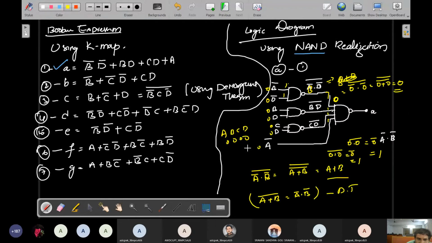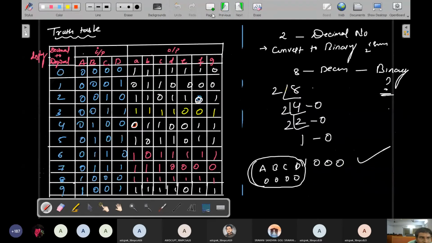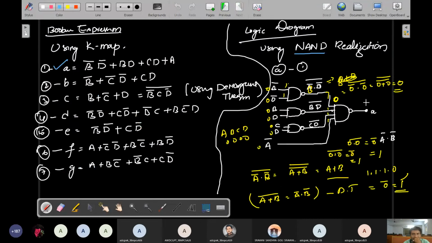So A bar is equal to 0, so nothing but this is equal to 1. So according to the AND gate, 1 dot 1 dot 1 dot 0, so total is 0 bar, and finally your answer is 1. See in the truth table, your answer is the first one. See, so this is the answer, first one. So A output. Okay, understand how I do all these things using De Morgan's theorem. Only this case will be changed.